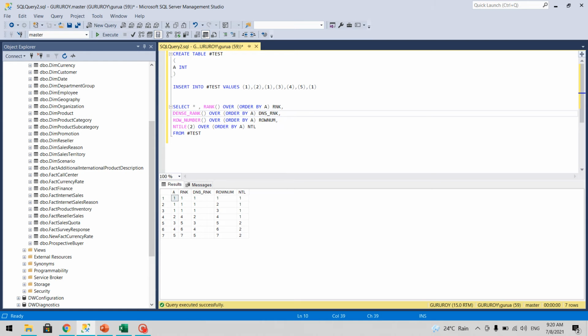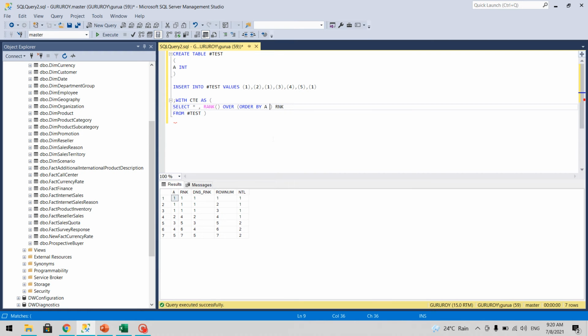So let's use rank and see what the second max value is. To get the second max value, we'll take a CTE, common table expression, and here we will order it and see what the second max is.